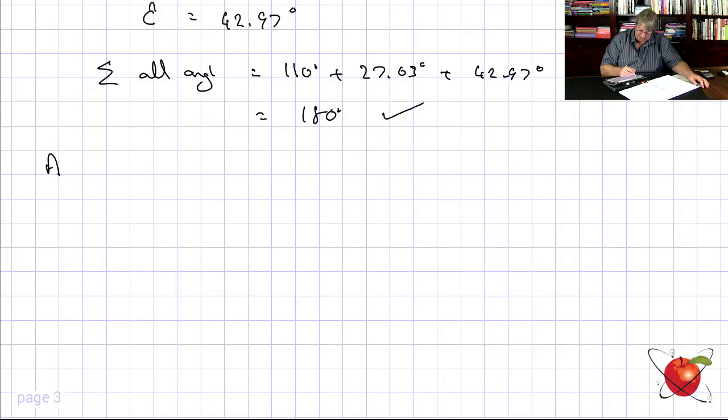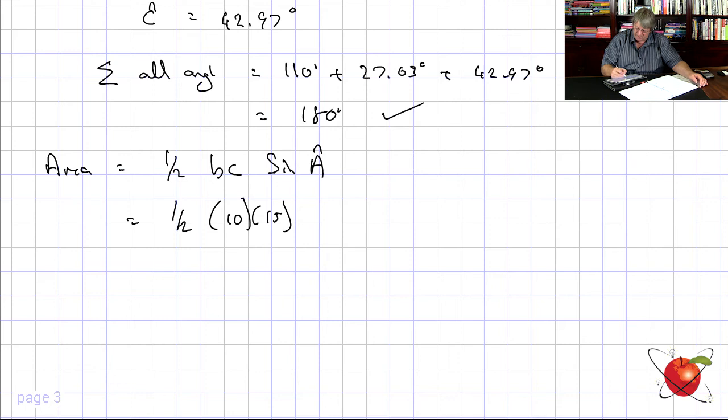Let's have a look. What is the area of this triangle, shall we? Well, the area is going to be a half BC sine A, because these are what I've got. So I say it's a half of 10 times 15 times sine of 110 degrees, which is going to be a half of 150 times that, which is 70.48